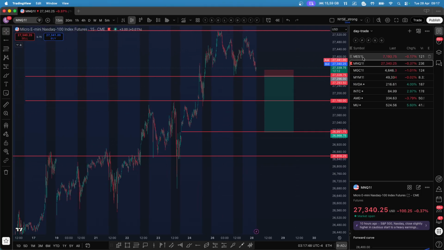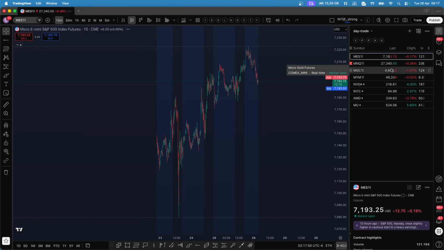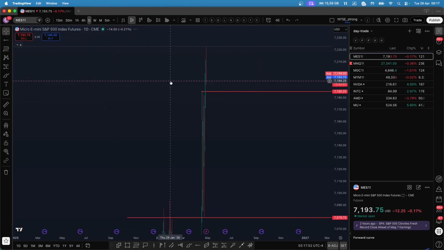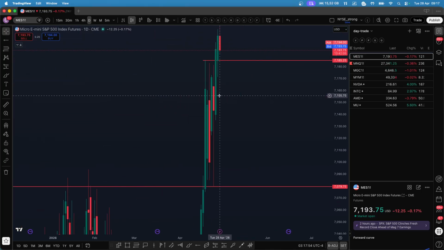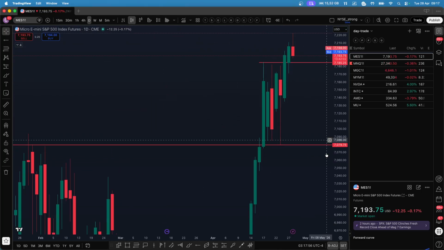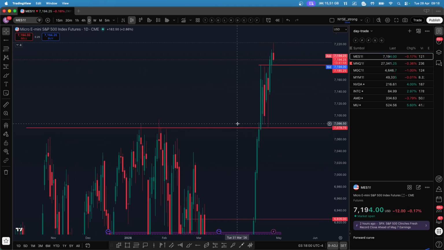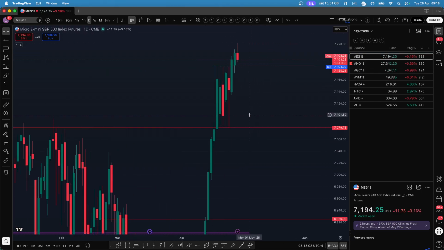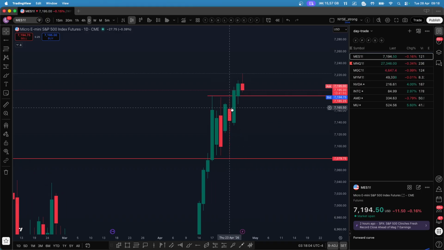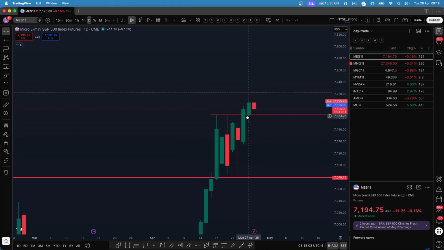This is about MNQ. Let's look at the MES on a daily time frame. So on a daily time frame, this is the all-time high level. We had a backtest of this all-time high. Then we had a consolidation for 4-5 days, and finally we had a breakout of this one, and yesterday's candlestick was also bullish, but